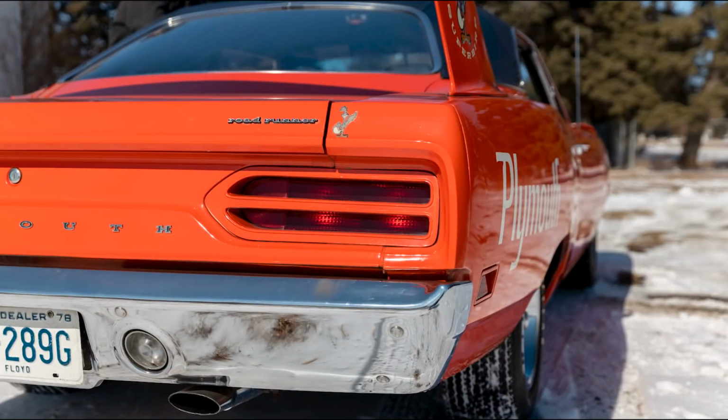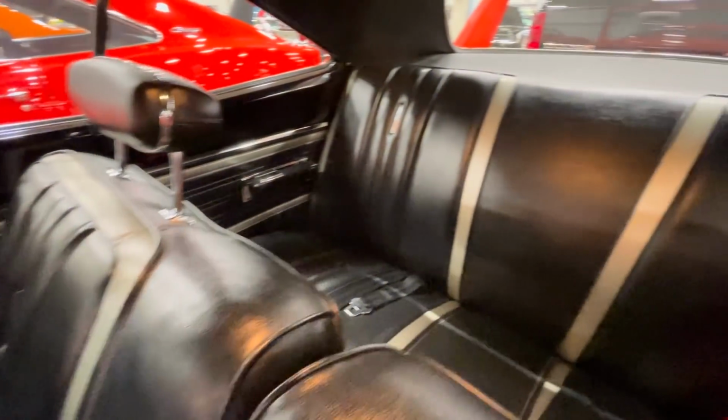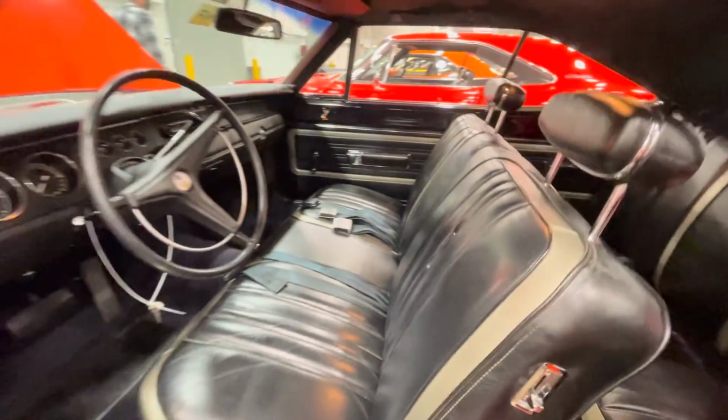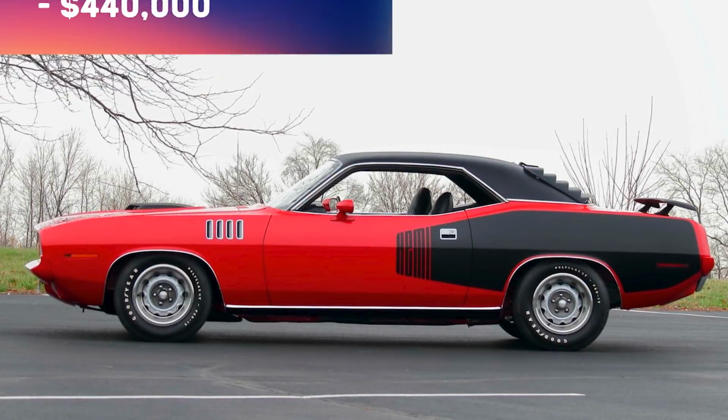As for the interior, it features a bench seat with silver accents, performance dash with 150 mph speedo, and Roadrunner cartoons on the steering wheel and door. Plymouth dominates the rest of the list here as we continue with a 1971 Plymouth Hemi Cuda for